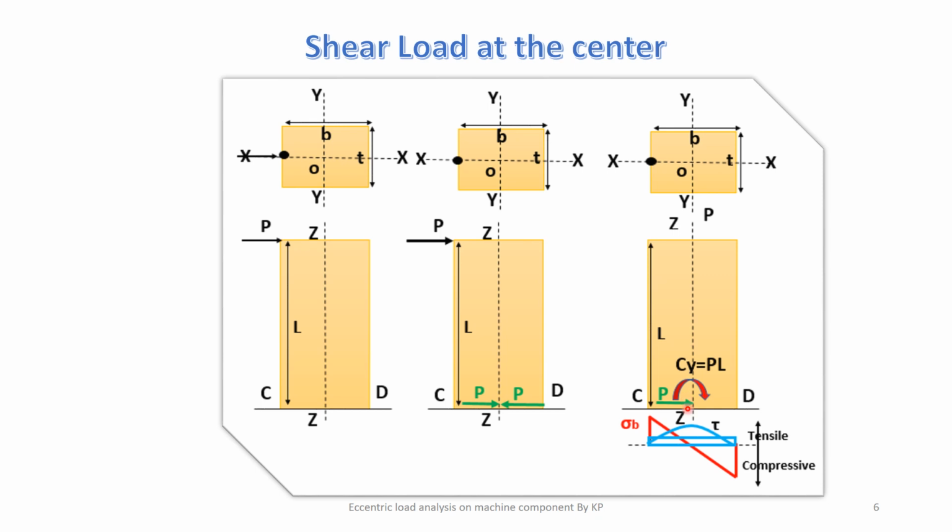Okay, and we see that the magnitude of this shear stress is very less. That's why we can neglect this value, and this represents the average shear stress. If we take the actual stress, which is parabolic in nature, then at the end point the shear stress is 0, and at the center the shear stress is maximum.